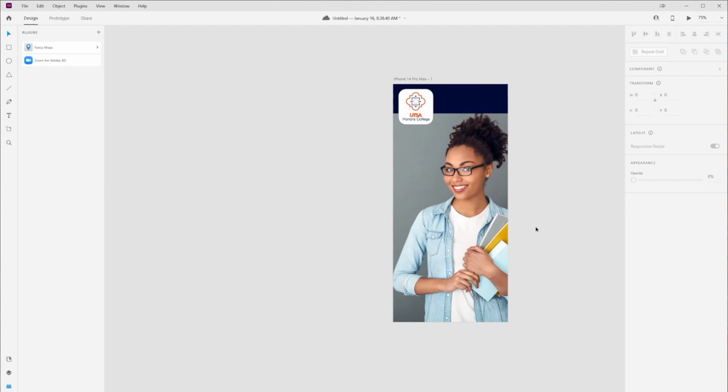The next thing I want to do is go ahead and add in a hamburger menu. Now, you might not know that term, but those are just those 3-bar menus that you see on a lot of apps. So I'm going to go to my rectangle here, and what I'm going to do is create 3 bars. A lot of people would just go in and make a rectangle, rectangle, rectangle, but I'm going to show you an easier way.